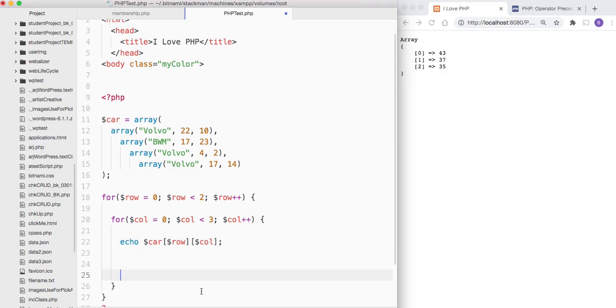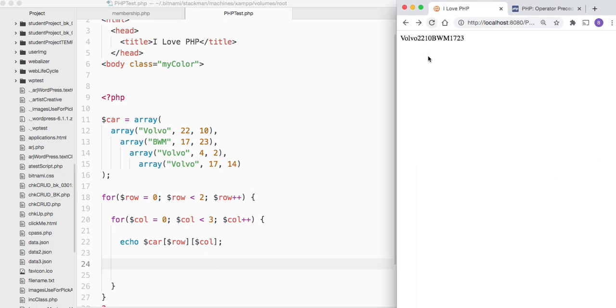Right? You can also do, let's see. Let me see. We got this, we got that. Let's try if we can do this without. There you go. Anyway, there we go. So you got your available, which is 2210. You got your BMW, which is 1723. Why did you only do 2 of them? That's okay. I could have just done